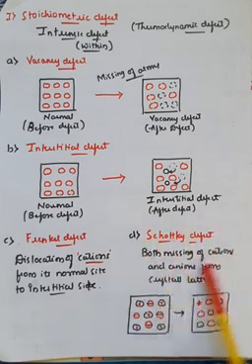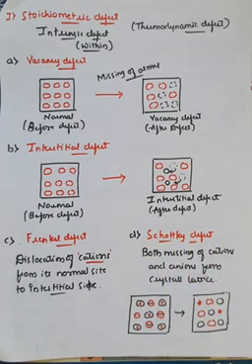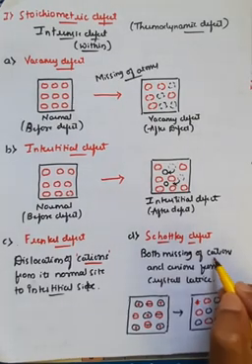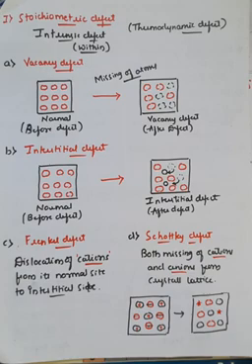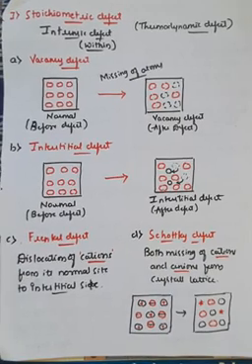And in Schottky defect, what happens? Both cations and anions are missing. If you observe, along with the cations, the anions are also missing from the crystal lattice. These are generally called Schottky defect. So these are two very important defects: Frenkel defect is a type of interstitial defect and Schottky defect is a type of vacancy defect.